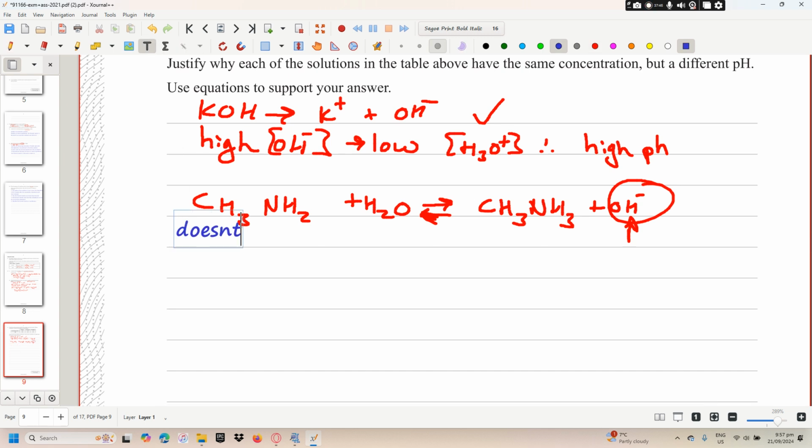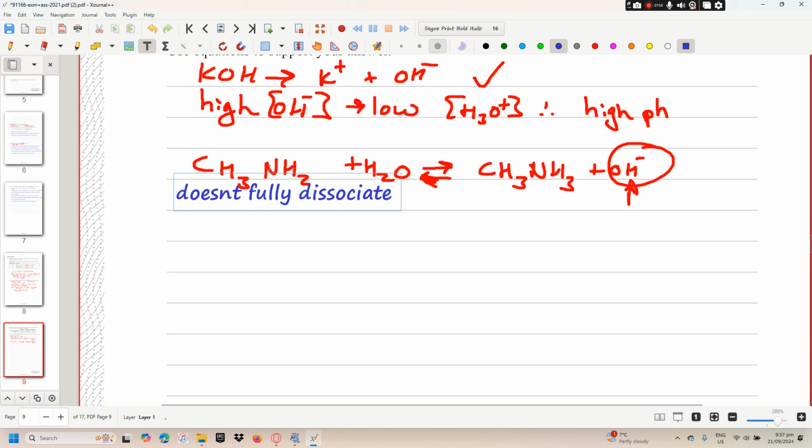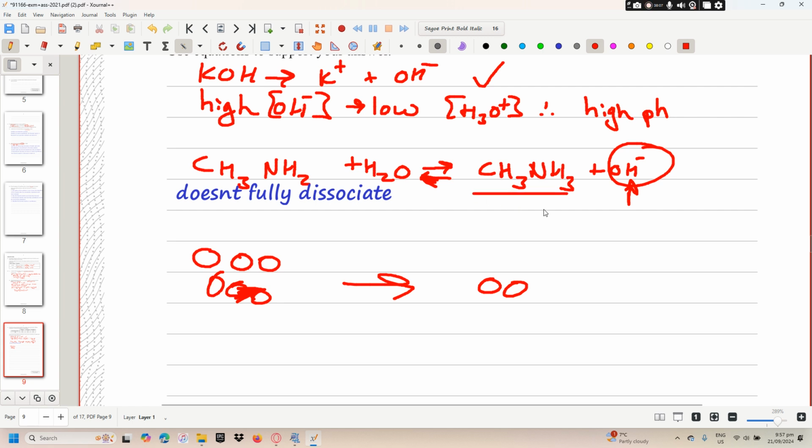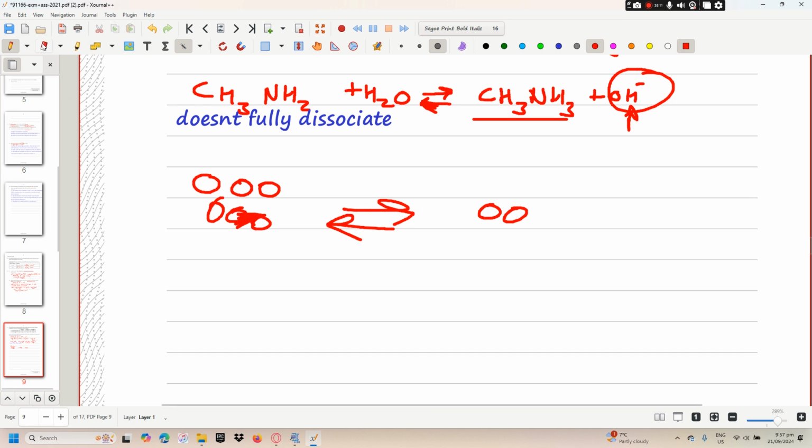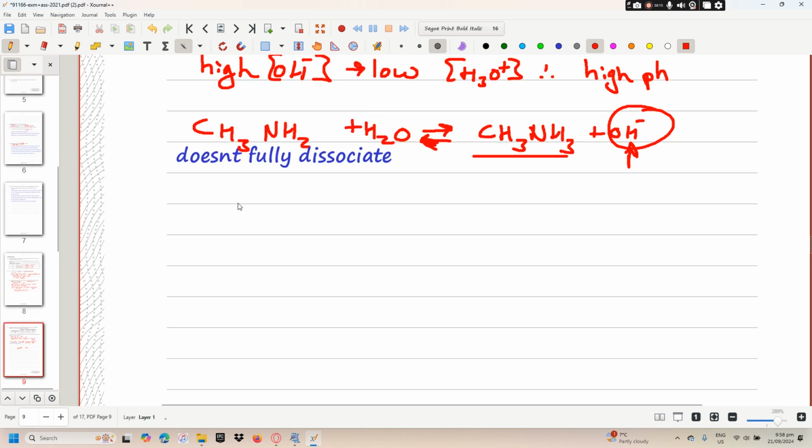Now, it doesn't fully dissociate. Like I said, what that means is not all of these molecules in solution do this, only some do. That's why it's in equilibrium. If there's like 10, go down to 6 of these, maybe it only produces 2 lots of this, and that's equilibrium. Not all of them dissociated, so it only partially dissociates. Doesn't fully dissociate,